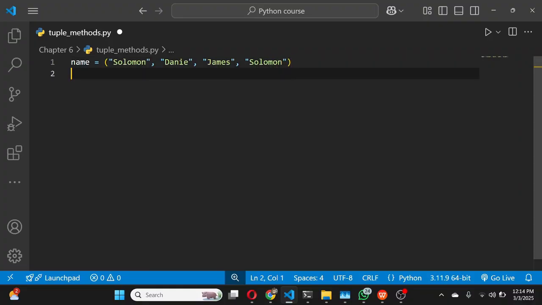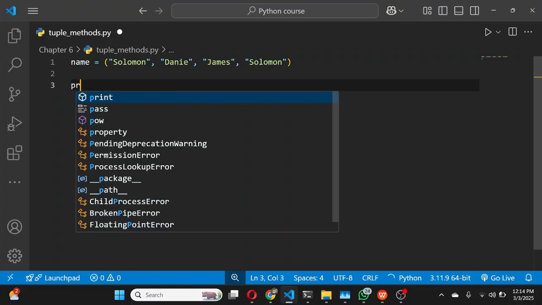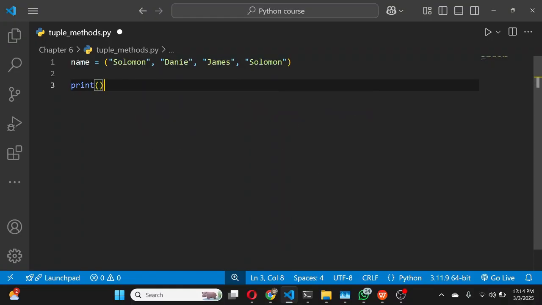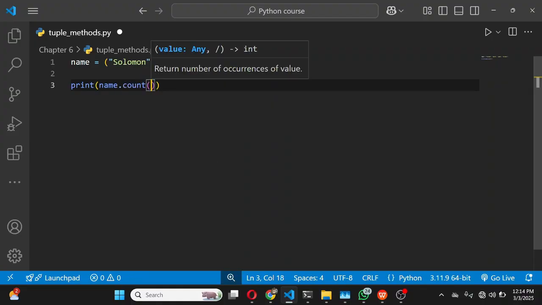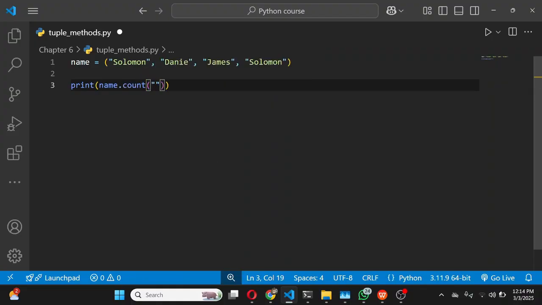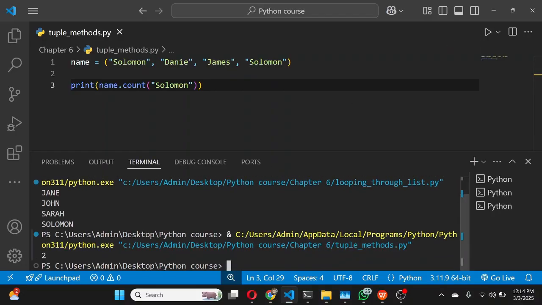Now, let's say I wanted to count the number of times that this string Solomon occurs in this tuple. What I can do is print out name.count, and in here I'm going to pass in the string that I'm trying to count. So I'm going to say Solomon. Python is going to take this value and count the number of times that it occurs in this tuple. Once I save this and run this program, you see that we get 2